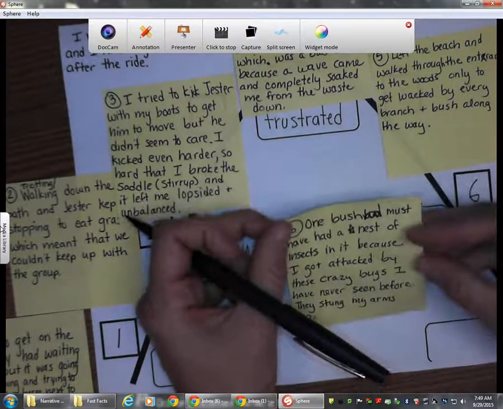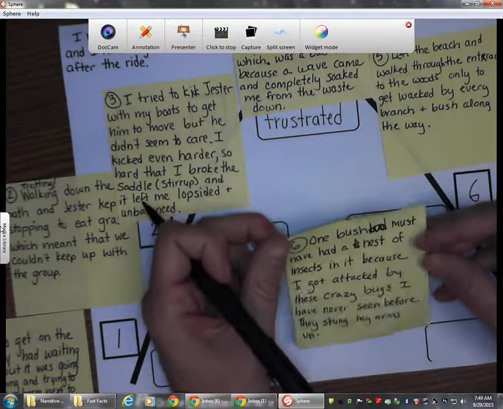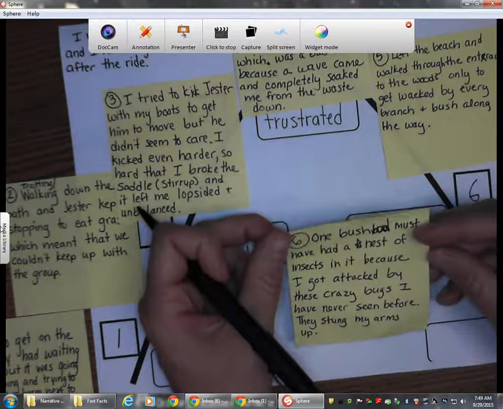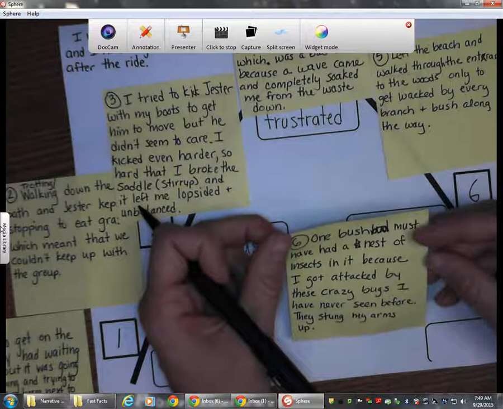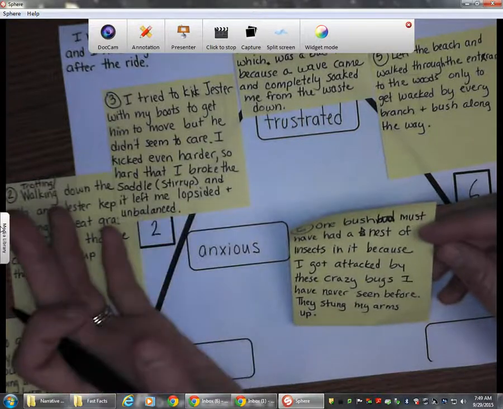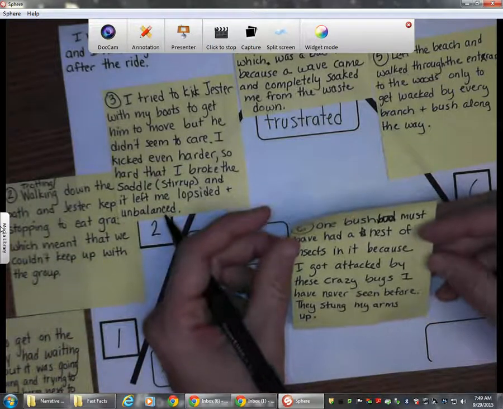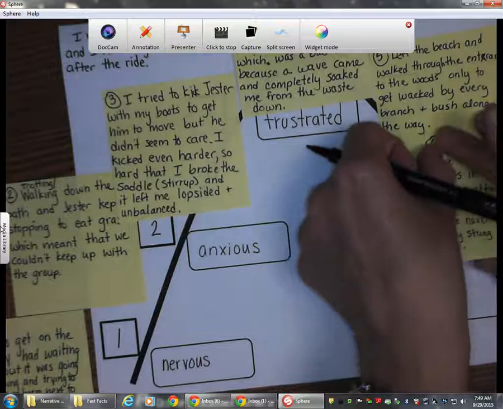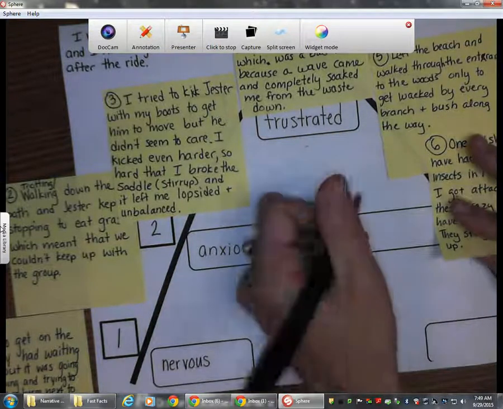My 6th event was that one bush must have had a nest of some funky insects in it, because I got attacked by these crazy bugs that I've never seen before. They must have been some native insect there. So they ended up stinging me all over my arms, and I was not only hurting, but